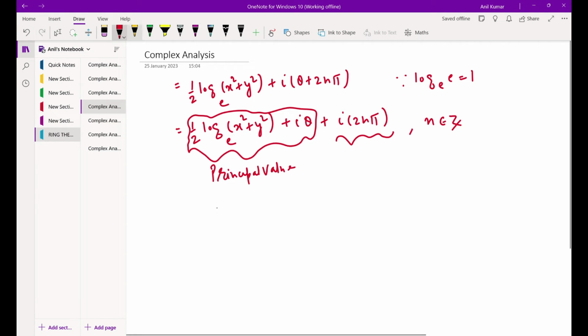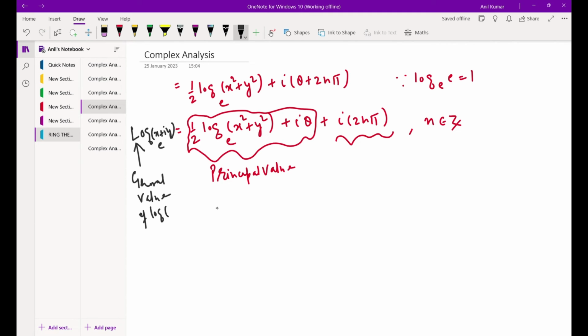And this is denoted by capital L, log of x plus iota y to the base e. यहाँ पे ध्यान देने की जरूरत है, log विद कैपिटल L, ये यूज किया जाता है जनरल वैल्यू के लिए। अगर यहाँ पे सिंपल स्मॉल l होता, कैपिटल की जगह अगर स्मॉल लेटर होता l, देन दैट इज प्रिंसिपल वैल्यू। तो ये चीज आपको ध्यान में रखनी है। अगर एग्जाम में पूछा गया है कैपिटल L, इसका मतलब दे आर आस्किंग यू टू फाइंड द जनरल वैल्यू ऑफ log of x plus iota y to the base e। अगर स्मॉल l लिखा हुआ है तो इसका मतलब आपको सिर्फ प्रिंसिपल वैल्यू ही फाइंड करनी है। सो इट इज नोन एज जनरल वैल्यू ऑफ log of x plus iota y to the base e।